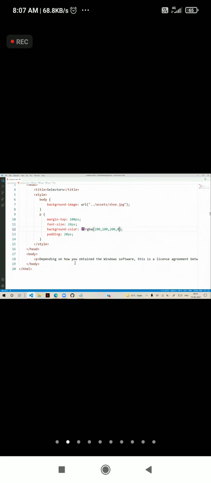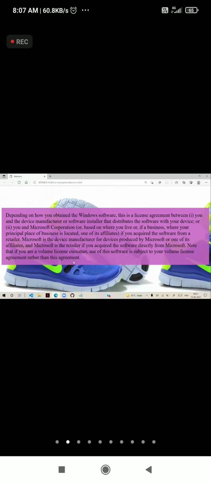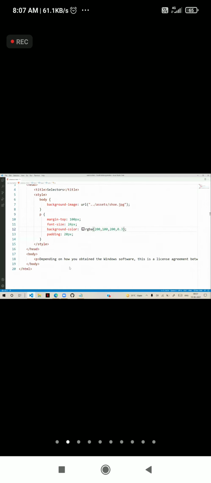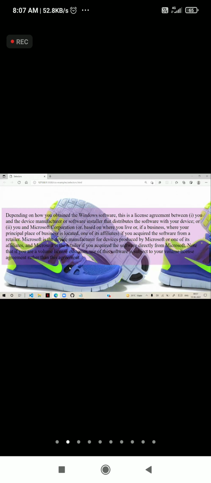We can keep a transparent color, so 0.9 gives the transparency a little bit so that you can see what is behind. 0.8, a bit more transparent. If I decrease to 0.3, gradually the transparency will be increasing. We can give the colors with transparency. For that, we have to use RGBA.